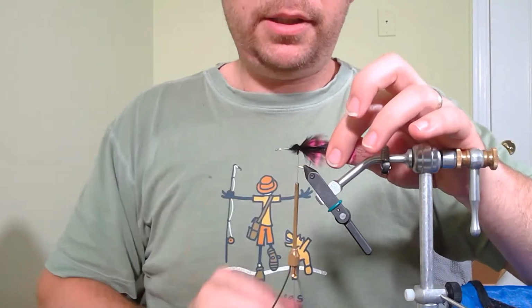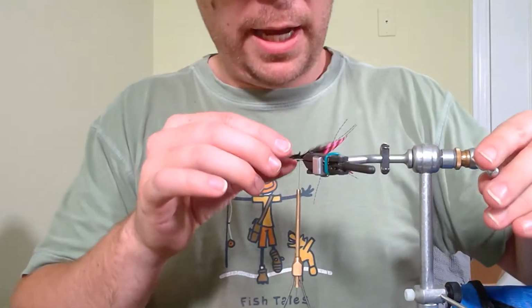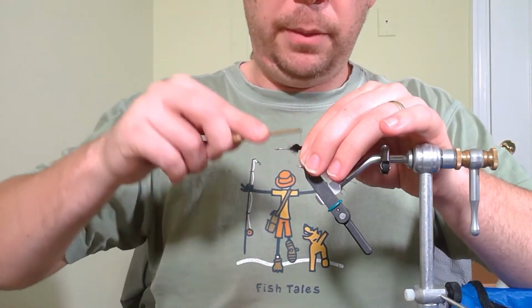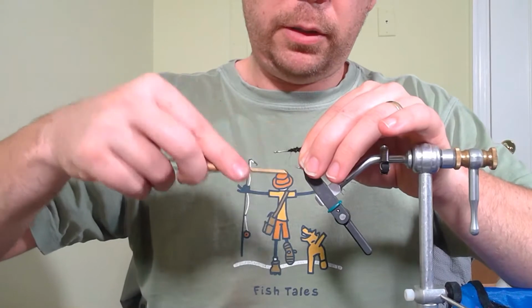As it collapses, it'll become more and more solid. But I don't put a ton of Marabou here. You can experiment. You can put as much as you want. And, you know, let me know how it goes. Send us pictures. So now all I'm going to do is start